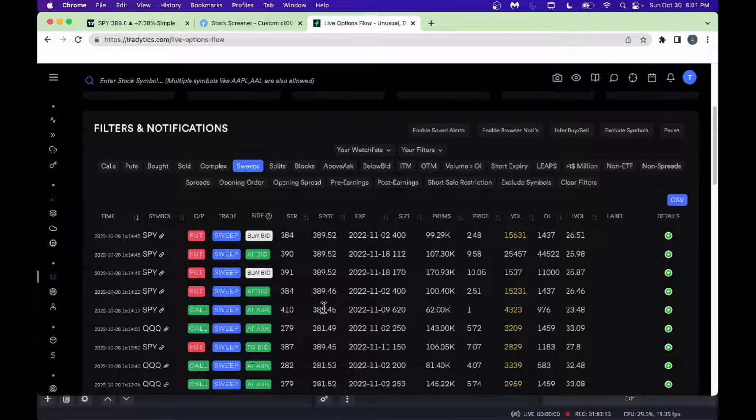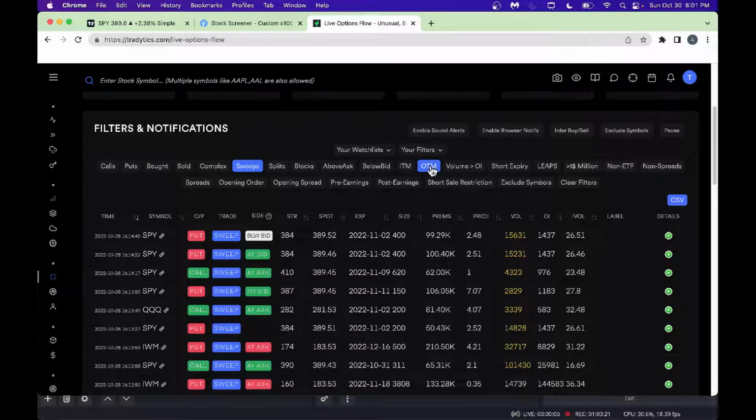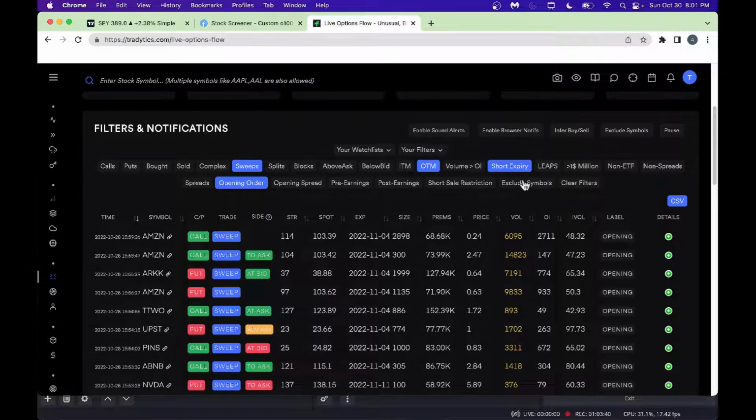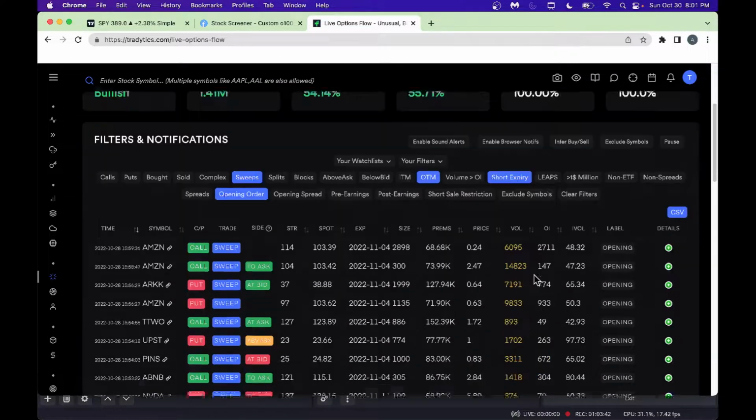And also, if you want to look at the direction of the market here, you might say, I want to look at only OTM. You could just do that. And you can say, you know what, I want to just look at opening order. You could click on this here. These are all and conditions. Basically, to look at just sweeps, just open order, just OTM. It's the and clause here. And then you could look at other things. You want short expiration date, and you don't want too many days out. So now you're looking at getting some market direction here.